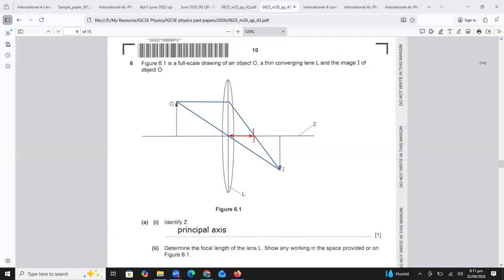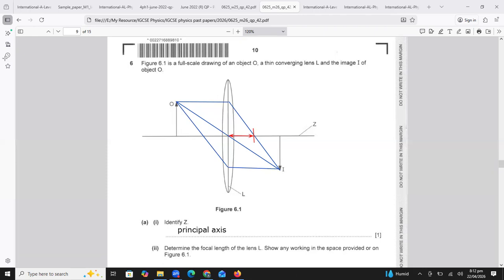Yes, Abdul Rafi, your statement is correct. So again, let me tell you this thing. We can find the focal length at the back side of the lens as well. For example, if I draw ray number 3, it will go straight, parallel to the principal axis, same like ray number 2. Now we will join this ray with the object head like this. You can see the point at which ray number 3 will intersect the principal axis. This point is the focal point.